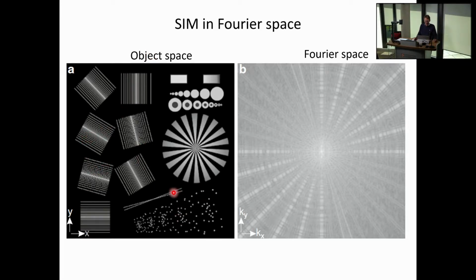You have these very small dots here, so these are almost delta functions. So you would expect there to be very high frequency content corresponding to these little dots down there, and then you have this ring pattern. So you can imagine what kind of things you might get. If you take the Fourier transform of this, in the Fourier plane, you would see perhaps